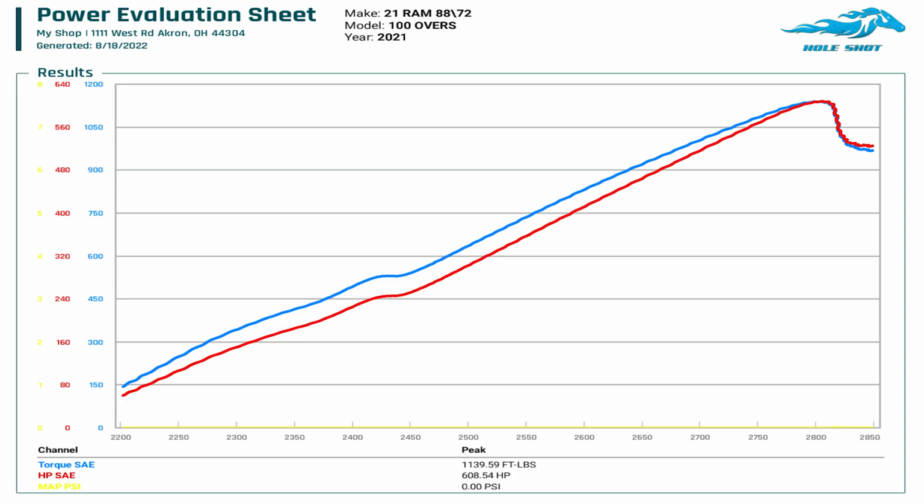Let's go a little bit more in depth. If you take a look at the dyno graph, you'll see we started at 2,400 RPMs. We didn't start it super low in the RPMs. We wanted some momentum going. So 2,400, then we pushed it to 2,800. And as you can see, there was the limiter. That's what I was discussing with